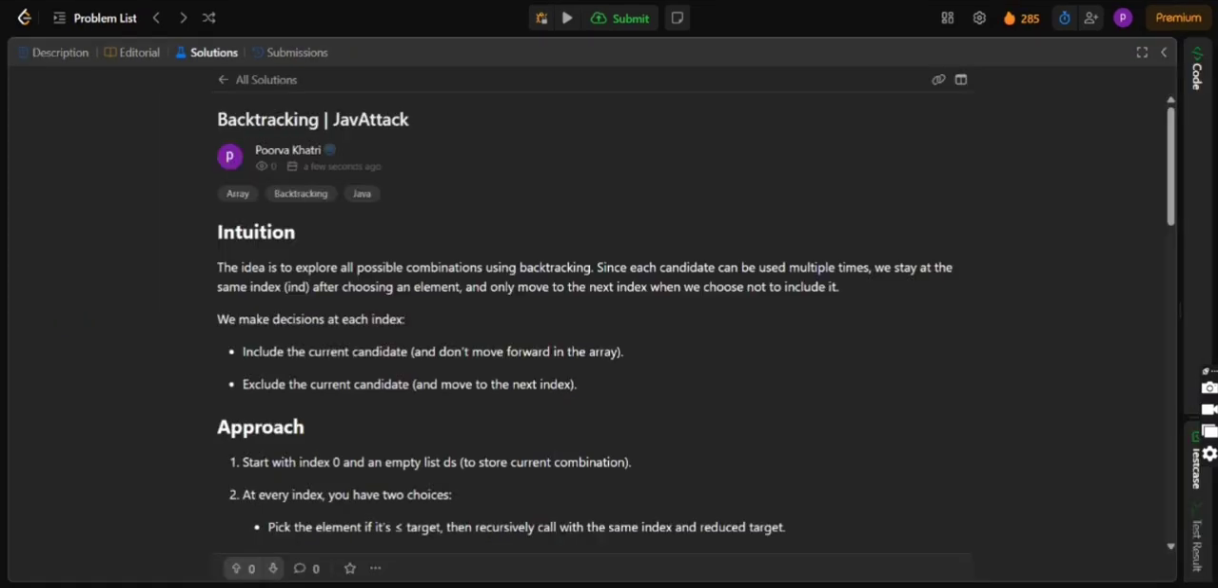For the solution of this question, we will be using backtracking. We will choose the method of pick and not pick. We will include the candidate and not move forward in the array, or we can exclude the current candidate and move to the next index. So firstly, we will start with index 0, and at every index we will have two choices: either pick the element if it's less than or equal to target, then recursively call with the same index and reduce the target,